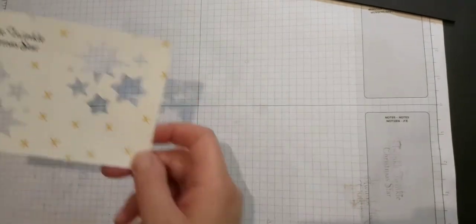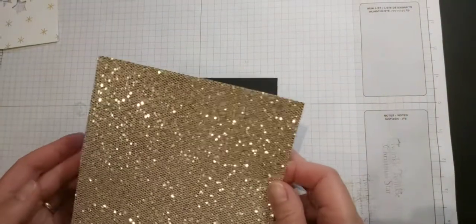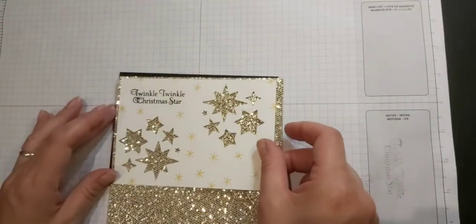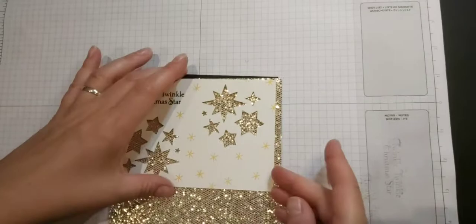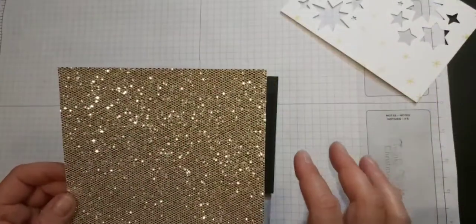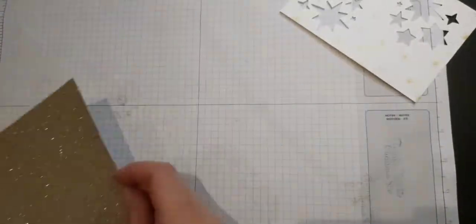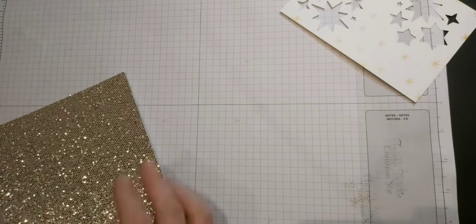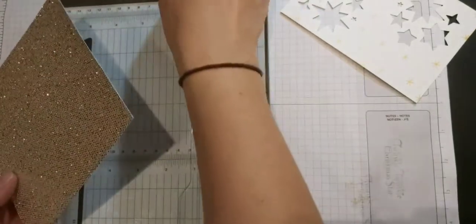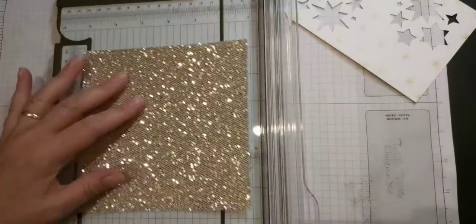So the next part is that we are going to put our piece of card onto the back here, so that this will sit through and you'll be able to see the stars. Because I'm trying to be economical with my card and don't want to waste too much of this because it's so lovely, what I actually did is I cut it in half and then half again, so it gives me essentially four quarters. If you're doing my kit, you make 2 cards in the kit, and you'll need to